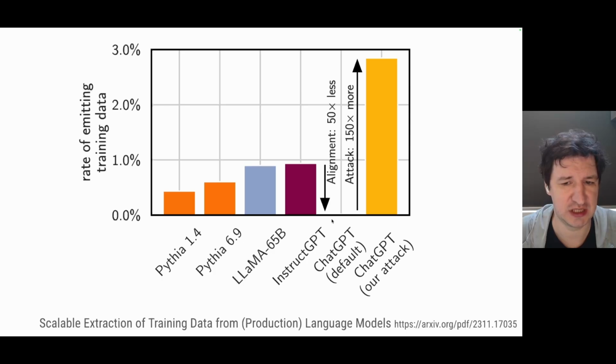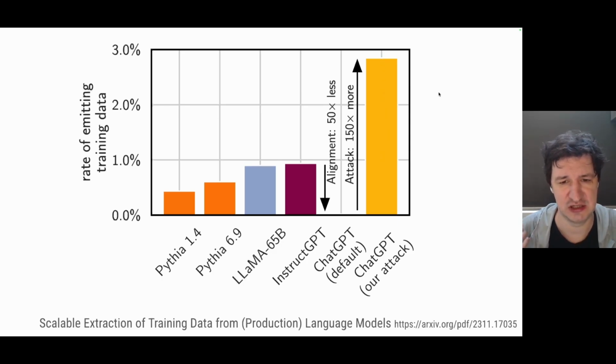So they checked it with ChatGPT. They discovered that ChatGPT was actually very good at protecting private information when you just use default prompts. It was never returning it. It's so small here that it's invisible on this plot. But they also discovered that if they use the attack, then suddenly you can reproduce a lot of training data,